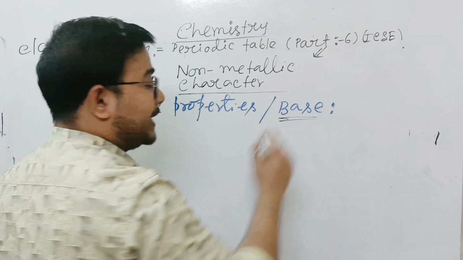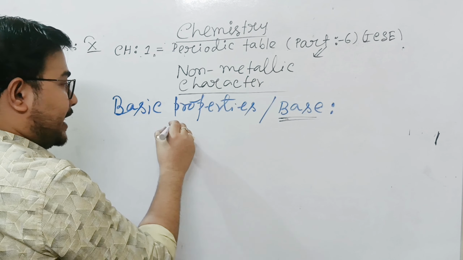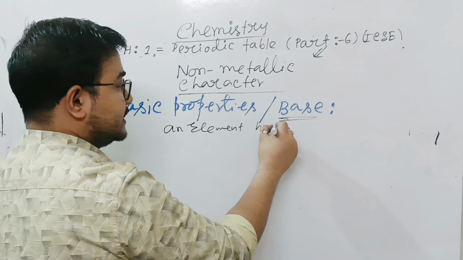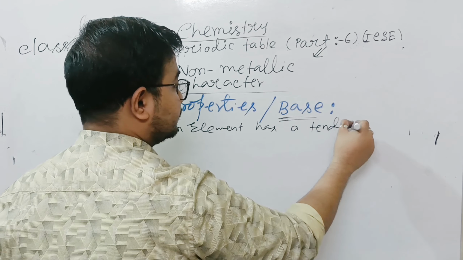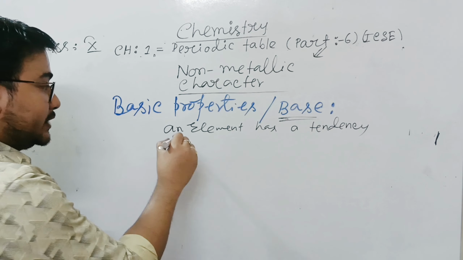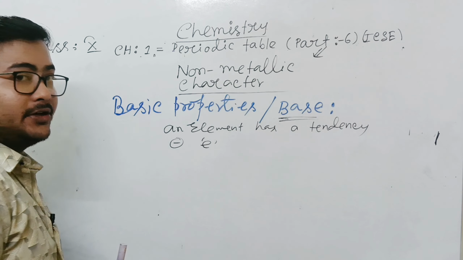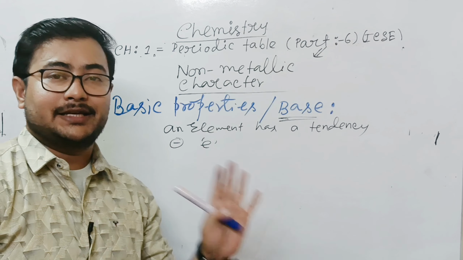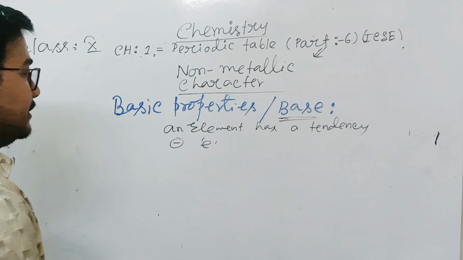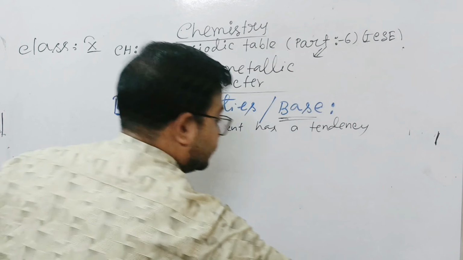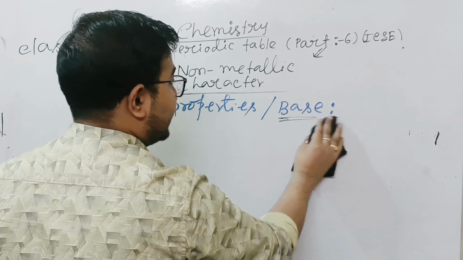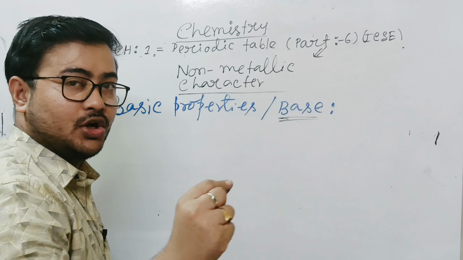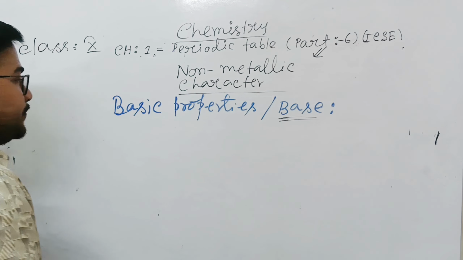What is a base? A base means an element has a tendency to donate electrons, so negative electrons. Donating negative electrons. So you can write what is base: base is an element which has a tendency to donate electrons. Okay, now